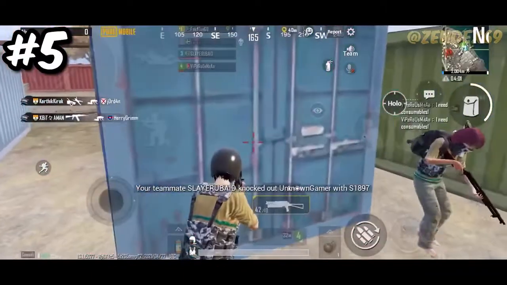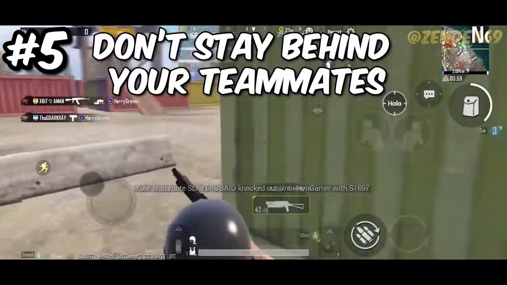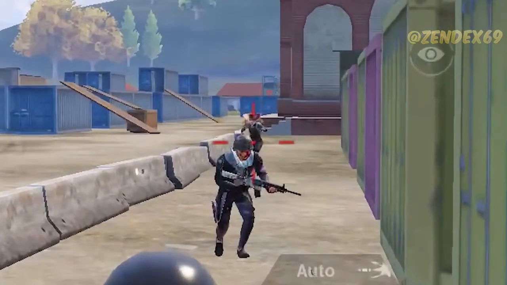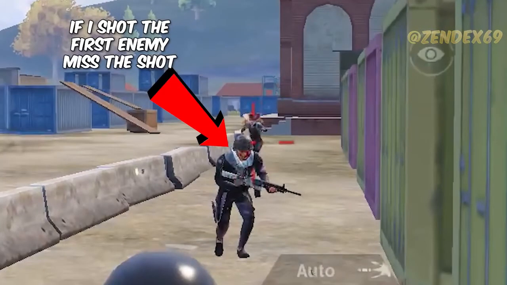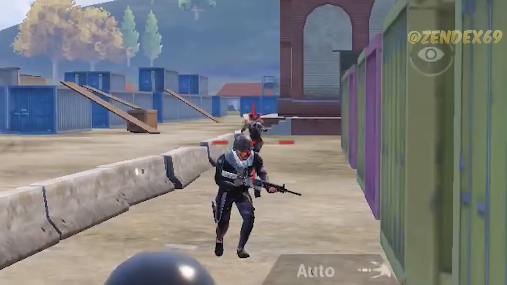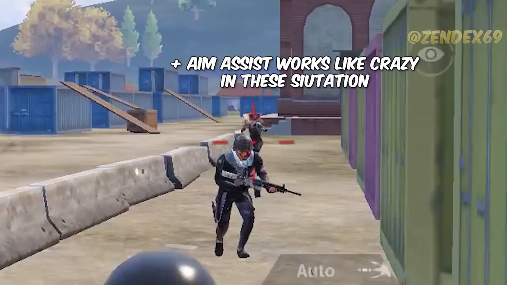Anyway, moving on to tip number 5, don't stay behind your teammate in a straight line. For example, these 2 players are in a straight line for me. Suppose I shoot at the first enemy and miss, that bullet may hit the second enemy who's behind this player. So staying behind your teammates, especially in a straight line, is extremely dangerous,